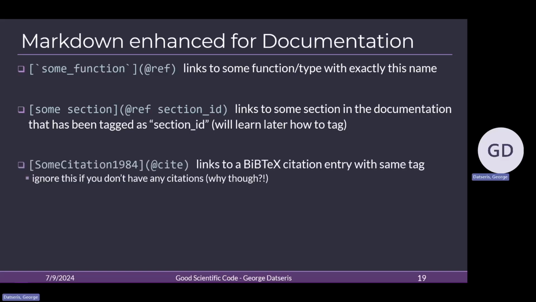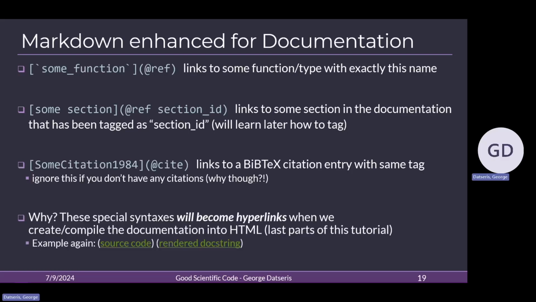in your doc string. And the last syntax is if you want to refer to a citation, a scientific citation, you would use your BibTeX citation key, and then again in square brackets, and then the @cite command. This will make the citation reference, as we have seen. And as I said, at the moment, you write this in your Julia file and they won't do anything, but once we compile the docs later, there will be hyperlinks.